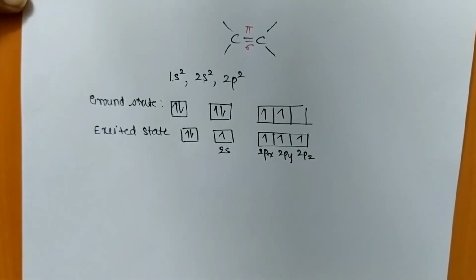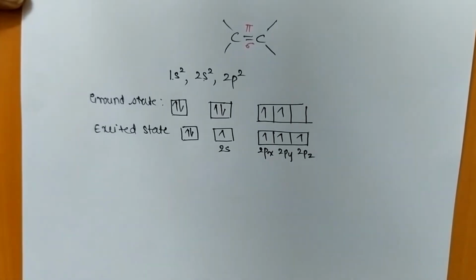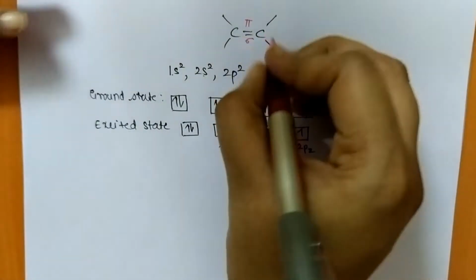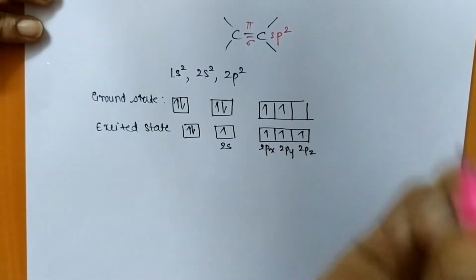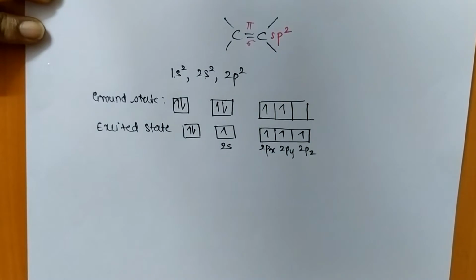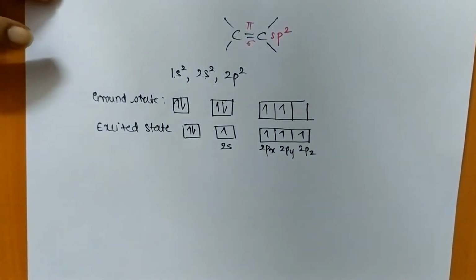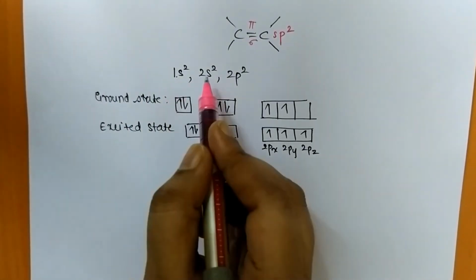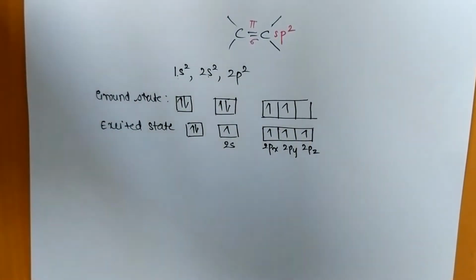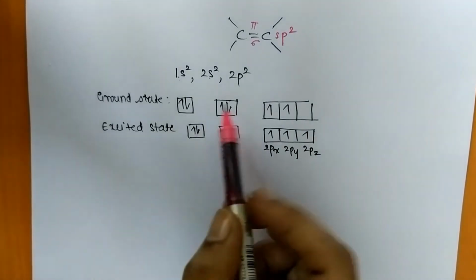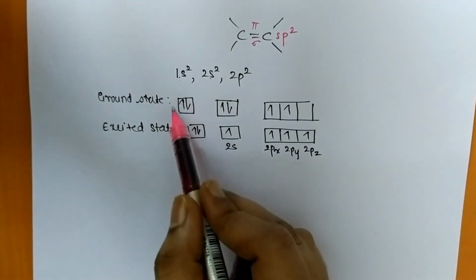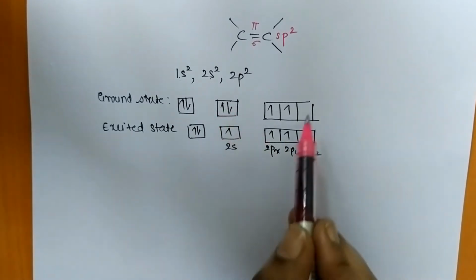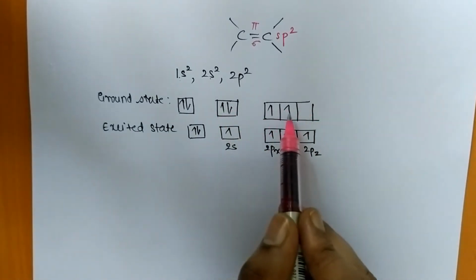So now let's talk about the hybridization of alkenes. Mostly the carbon atoms present in alkenes are sp2 hybridized carbon atoms which are attached to one another by the double bonds. Carbon has atomic number 6, so it is written as 1s2, 2s2 and 2p2 as per the Aufbau principle. In the ground state the 2s orbital contains 2 electrons and the 2p orbital contains only 2 electrons.